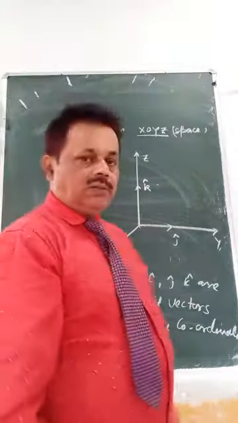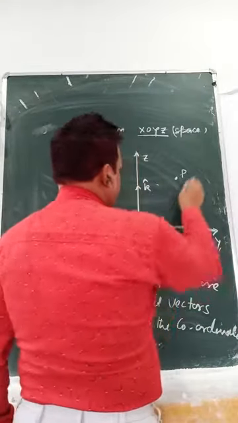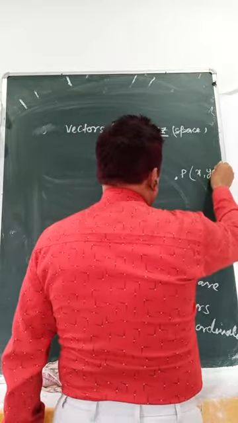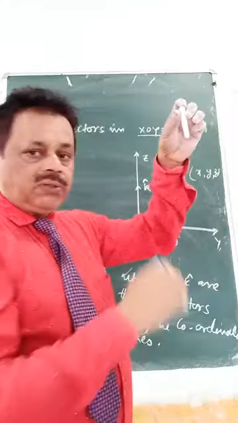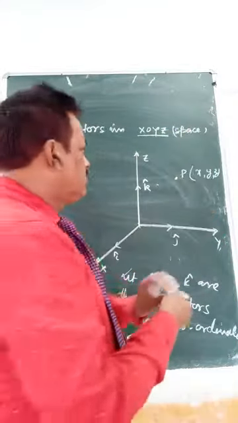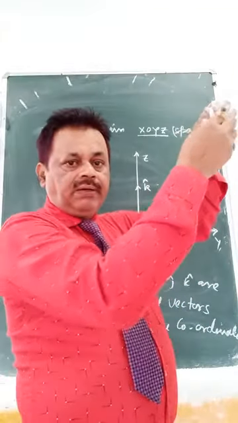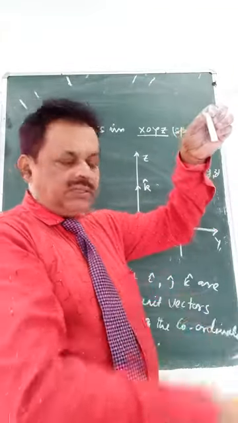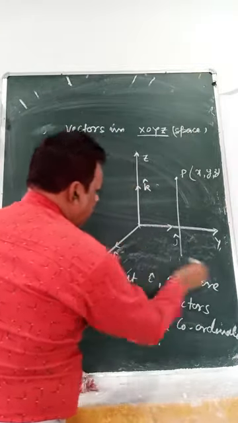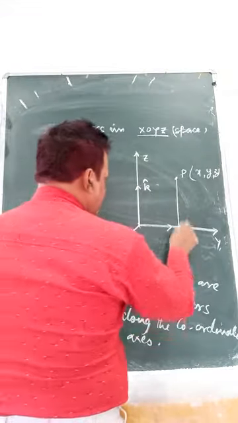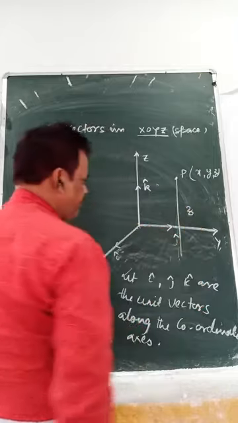Okay, so define any point in the space. Suppose P is a point whose coordinate is x, y, z. How will you imagine? Imagine a chalk is hanging here. So how will you reach the origin? First you will come down. Down means you are reaching a plane. So which plane have you reached now? You have reached the xy plane. So this length, along this direction, is the z value you have come.